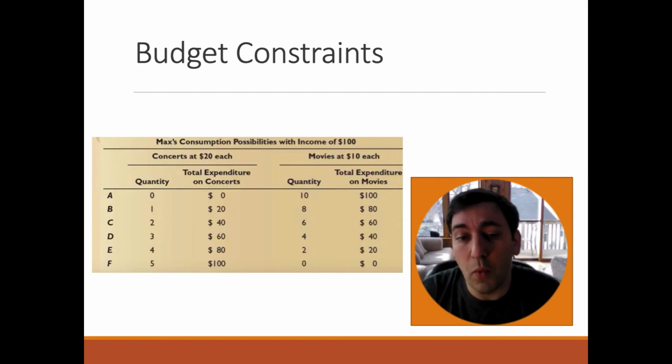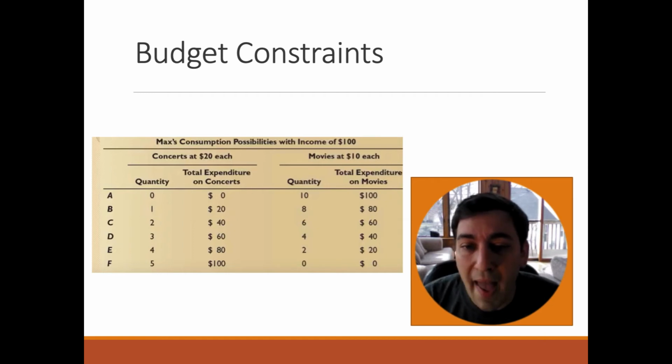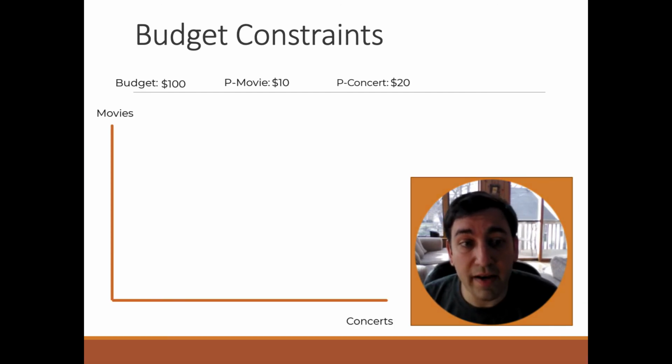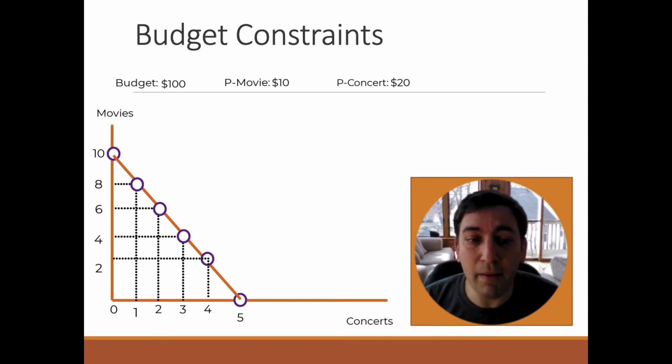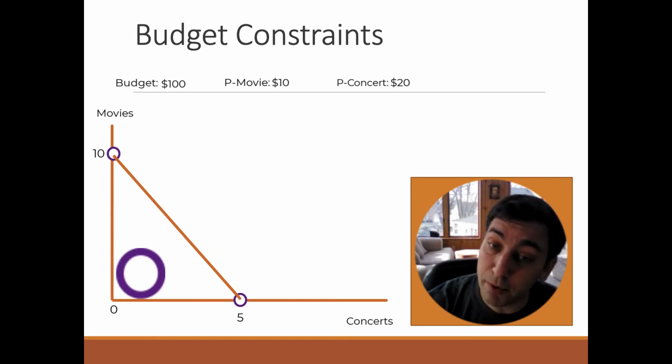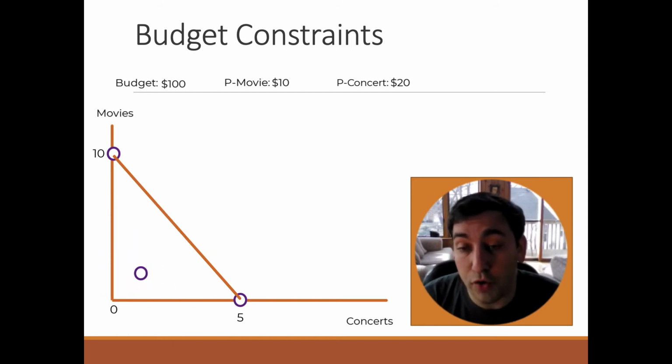So it's just another way of us saying you're going to maximize use of your budget constraint. So with $100 and $10 a movie, you could have bought 10 movies and no concerts. You could have done 5 concerts and no movies, or you could have had any point on the line. You could do a point below the line, but you're not using all your money. You can't get above the line because you don't have the resources to get there, or the prices don't allow